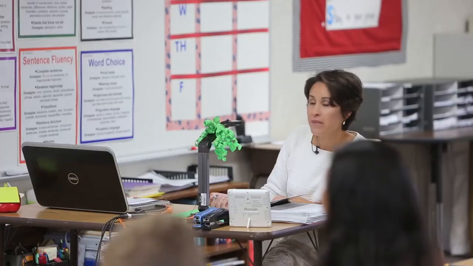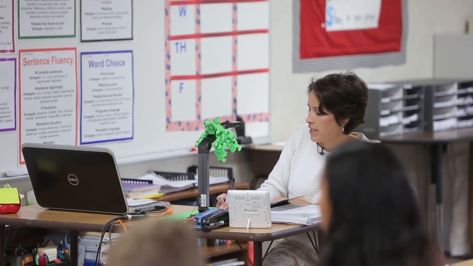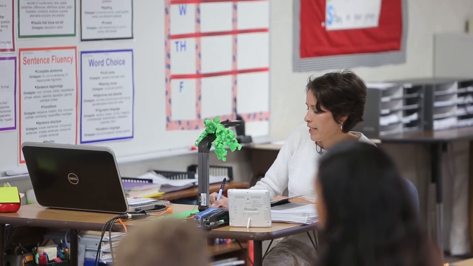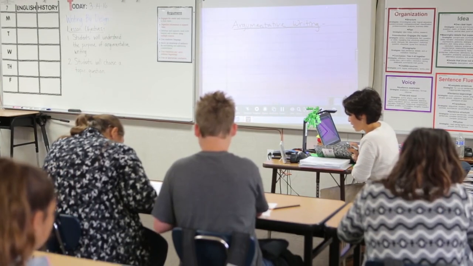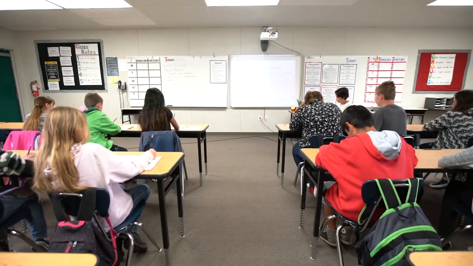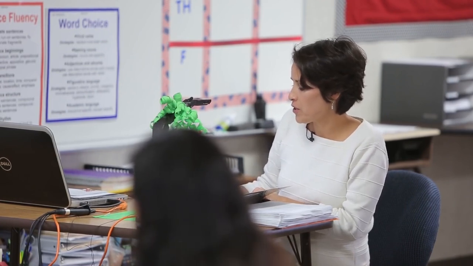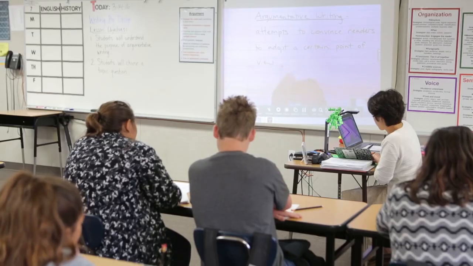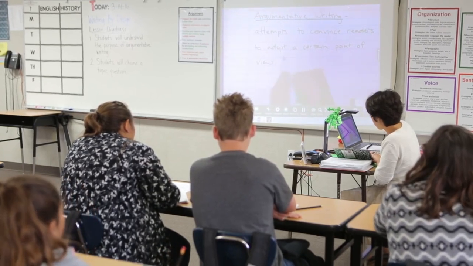Argue, and then they drop the E, okay, so there's no E right here. Argumentative writing. You can underline it, and here's our definition. Attempts to convince readers to adopt a certain point of view. Adopt means to take, right? So attempts means tries to convince readers to adopt a certain point of view. And then you can just put a period there and we'll say the writer